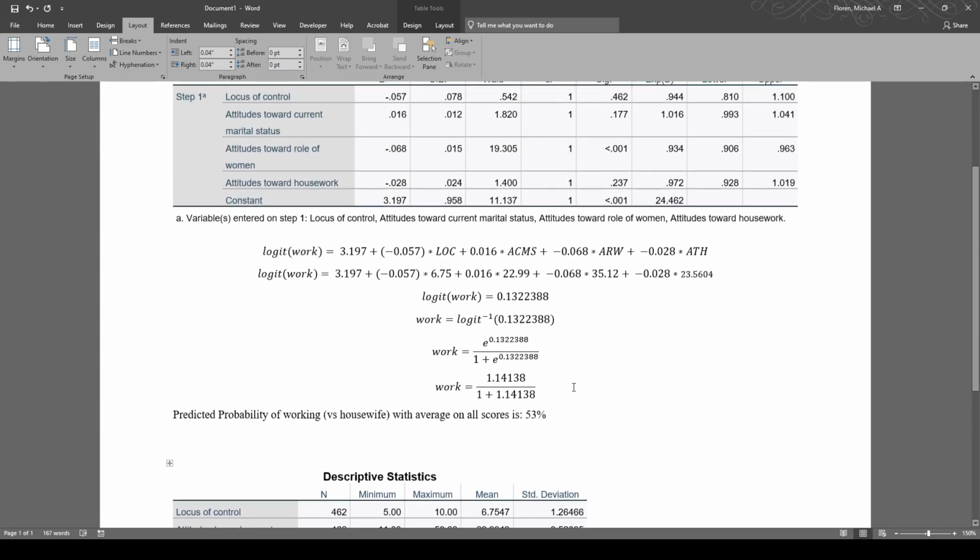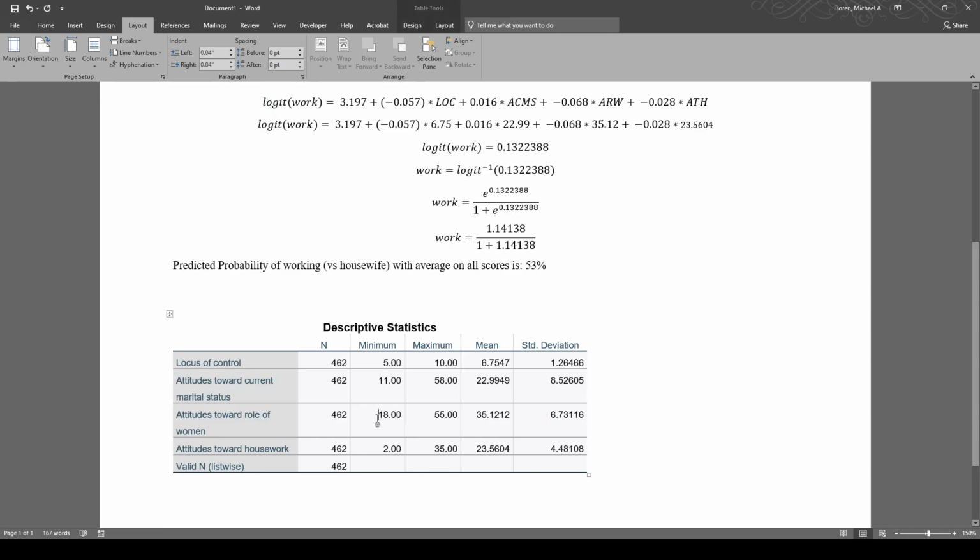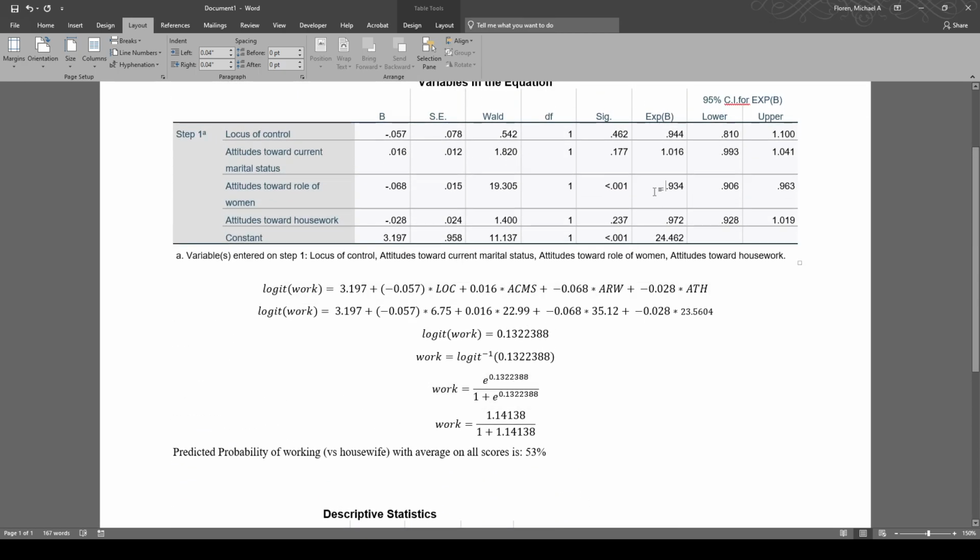To be quite frank, though, that's the whole purpose of this section of the assignment, is to practice doing what my favorite trick is with these type of variables and setting attitudes of the roles of women at the minimum and the maximum and seeing how the percentages and the predicted probability of being working versus a housewife change. Now, I don't tend to do minimum and maximum. I might do the mean, a standard deviation below the mean, and a standard deviation above the mean, so get some more reasonable values. Going from the min to the max is obviously a drastic change, but this is a good practice in that ultimate direction of how can we see what the practical effect is,